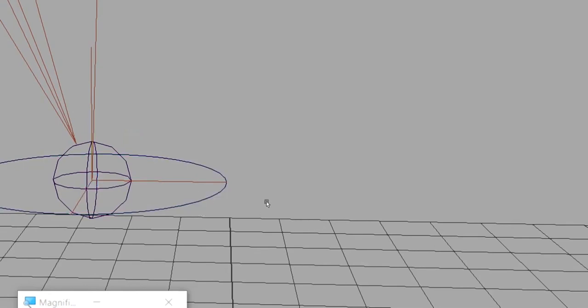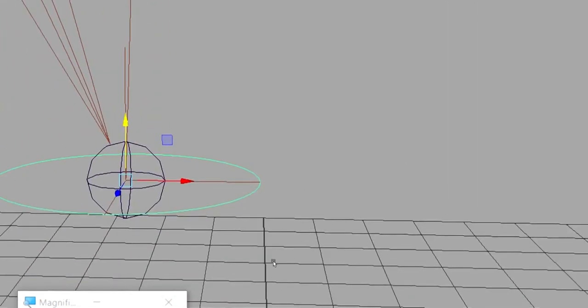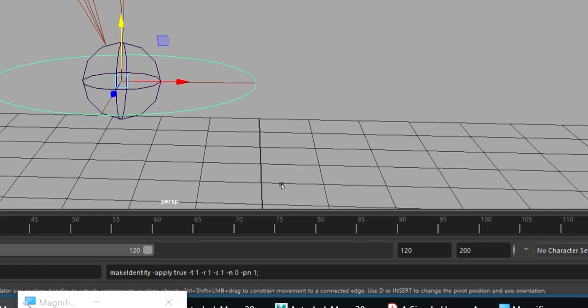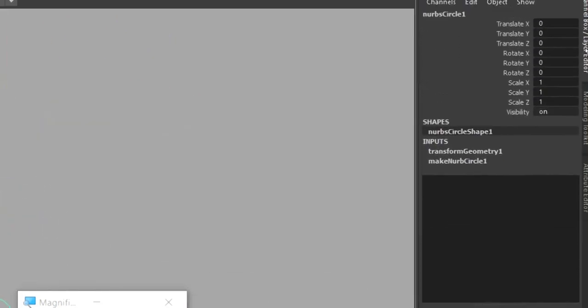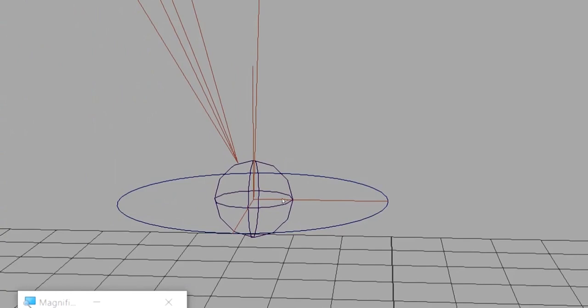Okay, so if I want to make it stay here in the original position, then I should give 0, then it should stay here. For that we need to make this 0 by keeping it here. How to achieve it? By simply going to modify and freeze transform. Okay, now you can see everything is 0. That's all. Good.